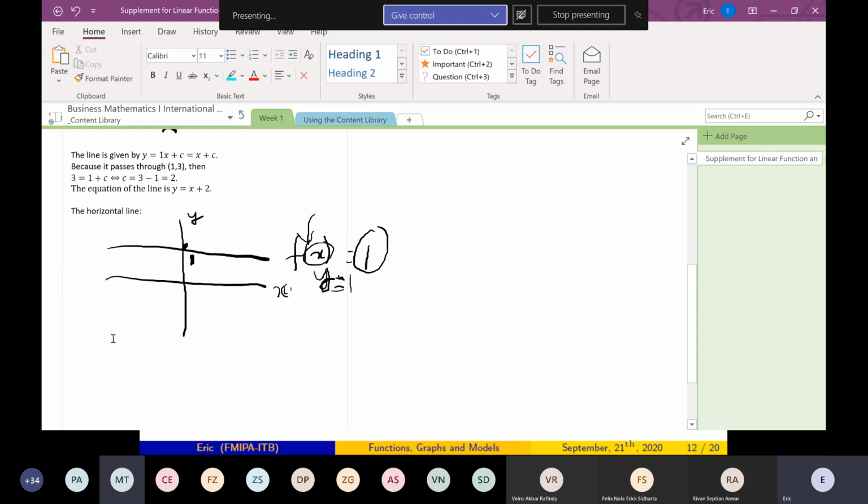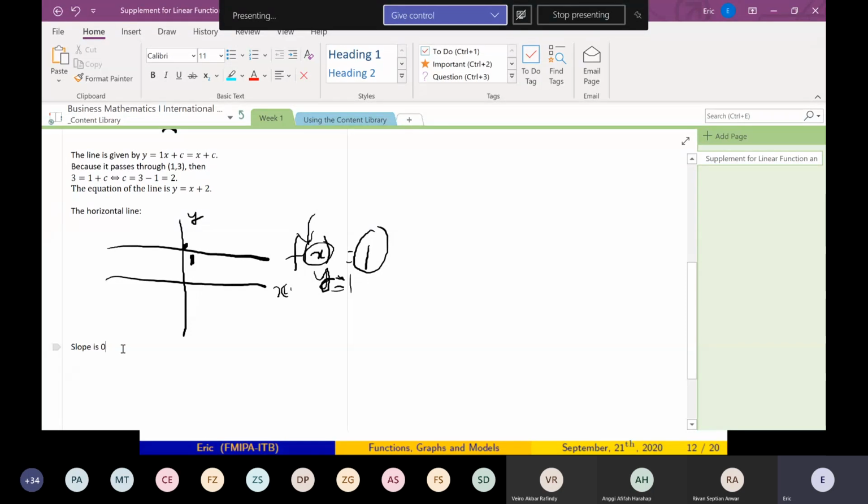0. Why? Because there's no difference. Very good. Thank you. What's your name? Anggit. Thank you, Anggit. So the slope is 0. What is the English word? This is not slanted at all, that's why the slope is 0. So it has no steepness at all. So the slope is 0.